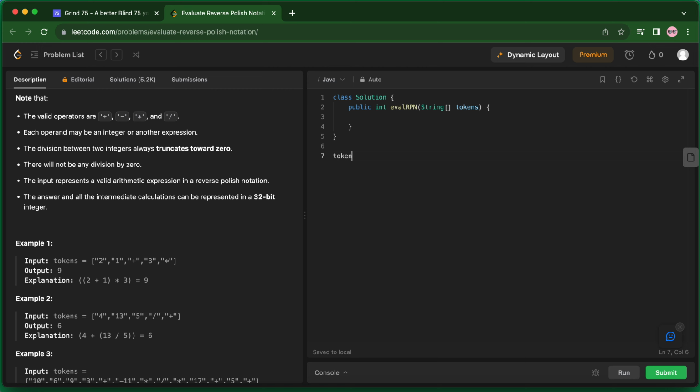So let's say we are given these tokens. What we are going to do is check the first operator. Divide. We found divide, right? So we have to do divide of the last two numbers that are available. The last two numbers were 5 and 13. So the first operation would be